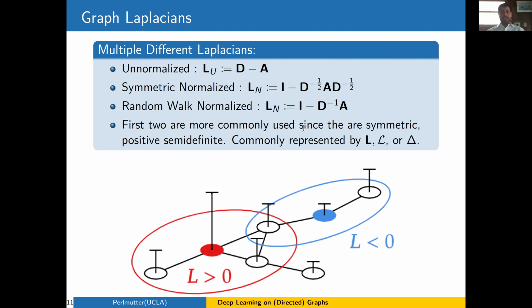So there's a couple of different ways that you can think about these graph Laplacians, and the first one is kind of an analog to complex analysis, where you can view the Laplacian applied to a signal at a given point as a measure of how different the signal at a given point is from its neighbors. So at this red dot, what we can see is that the neighbors of the red dot are contained in the red circle, and the value of our signal at the red dot is bigger than all of its neighbors. And so therefore, the Laplacian applied to this signal is going to be positive at this point. On the other hand, the blue dot is smaller than the other points in the blue circle. So the Laplacian is going to be negative at this point,